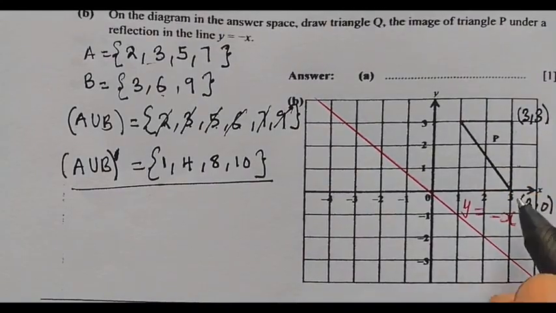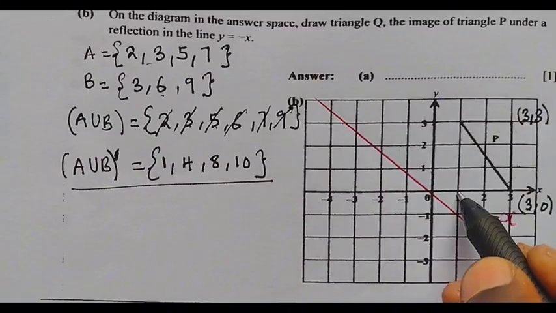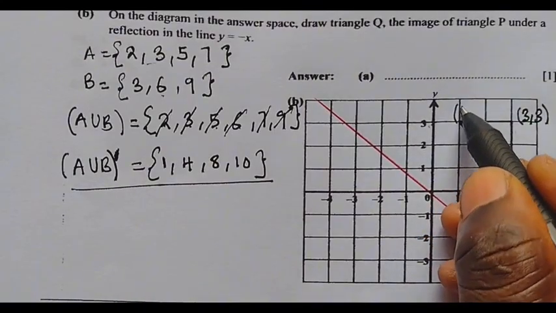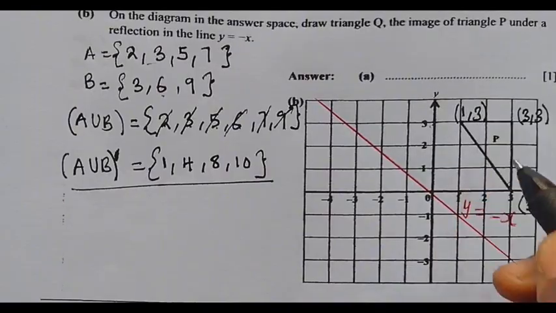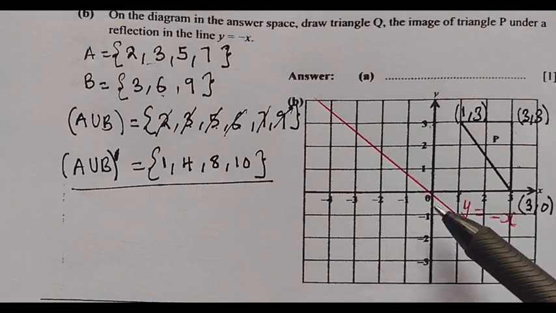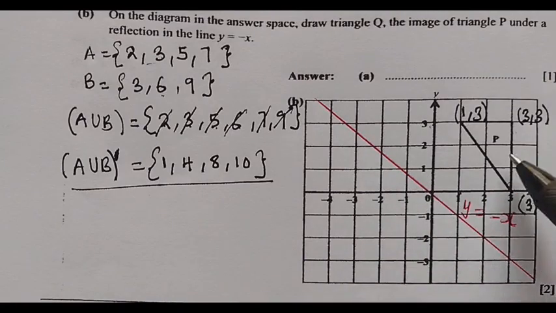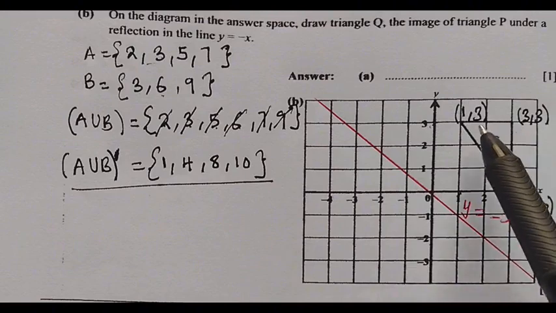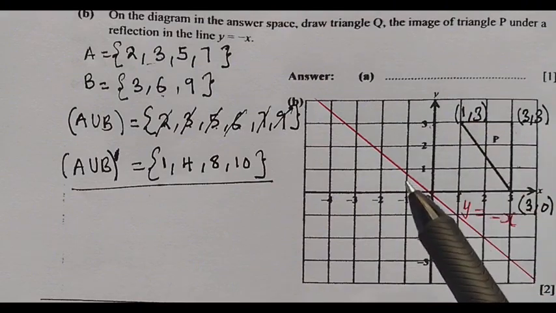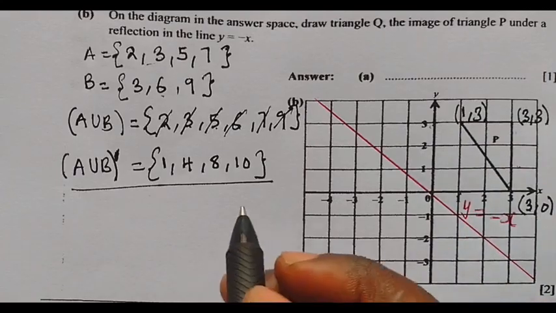Then here, we have 1 on the x-axis, 3 on the y, so here we have 1, 3. There are different methods that you can use to find the image under the reflection in y is equal to negative x for this object. Since here you have 1, 3,